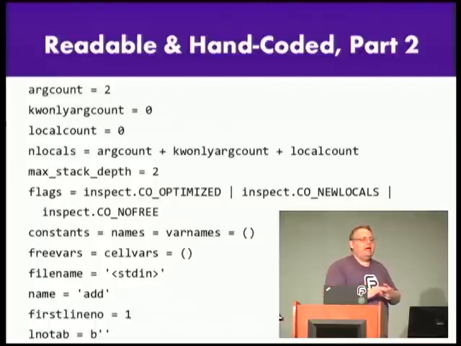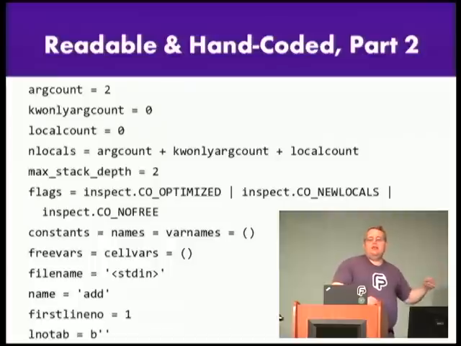What it seemed to indicate was, let me talk about new locals first, actually. New locals means that it's using the fast locals array. That's all it means. Every function declared since 1992 or so has had this turned on, except if your function has inside of it from something import star. That means that it's going to be creating variables dynamically at runtime. We don't know what that list is. And also, if you use the locals() function, we can't optimize either of those. We can't use fast locals at that point. So we use slow locals. It seems like both of those 2 flags mean about the same thing, but